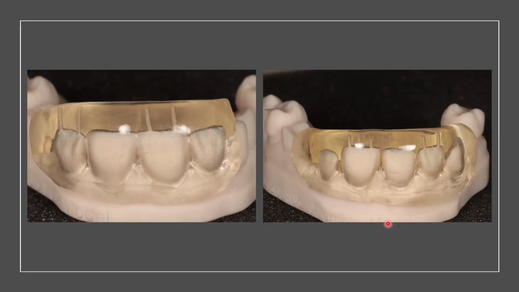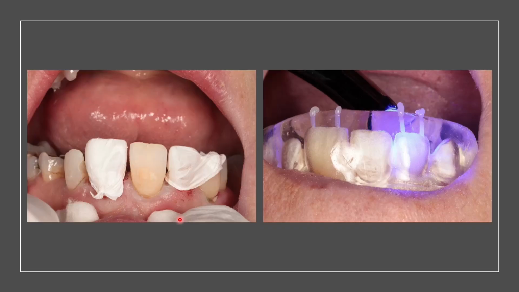We got a design done on these teeth. Obviously, we're missing the upper left canine, which the patient's planning to restore with an implant. But we got this design done. Our FIT injectable composite comes with these alternate technique stents, which I'll show you how this works in the mouth. And so you clean up the teeth that you're going to bond and separate the teeth you're not. And then it's an injectable technique. The syringe goes in through the top, and you inject into the tooth, into the stent, cure it through the stent,